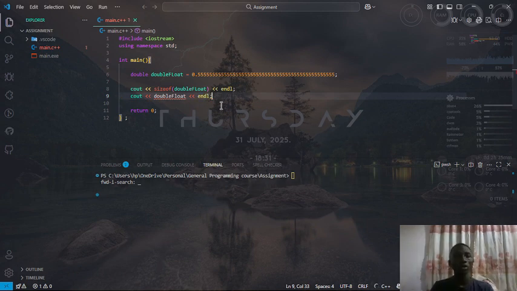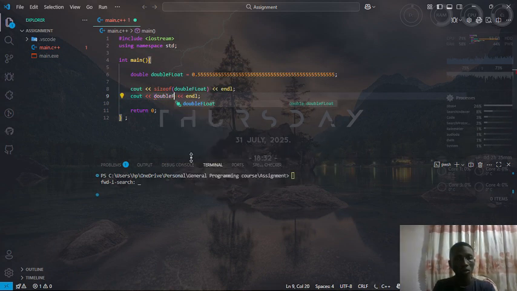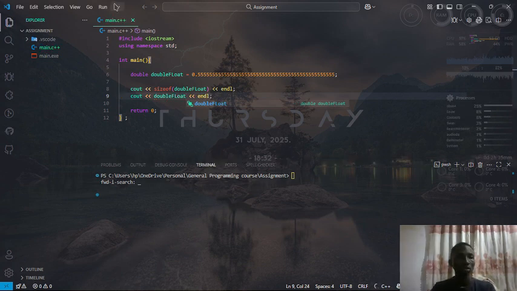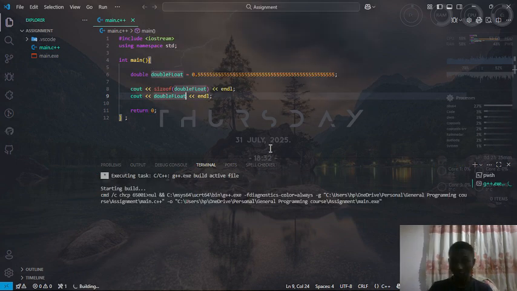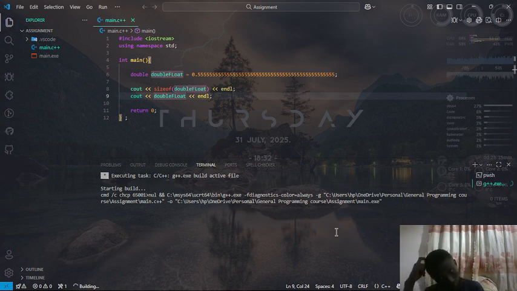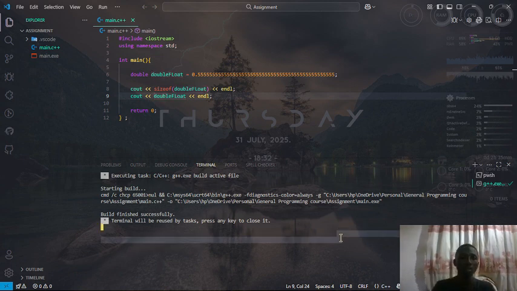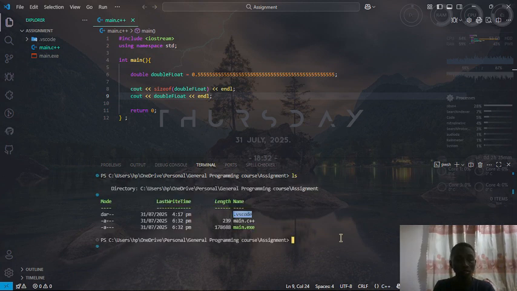Okay, I think after I typed everything correctly, this double float is still on. Double. Oh, I see the problem. So I'm done. Let's build with G++. Okay, built successfully. Let's see what it says. So ls, let's clear ls, then